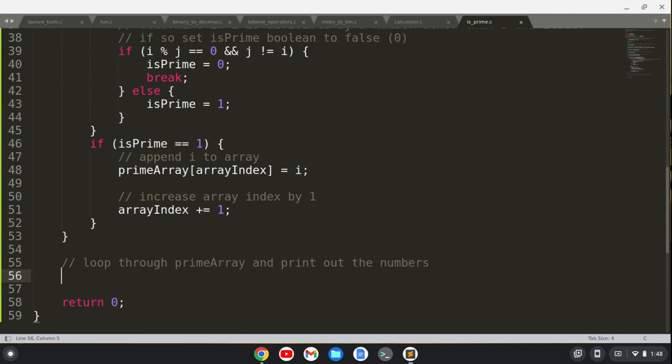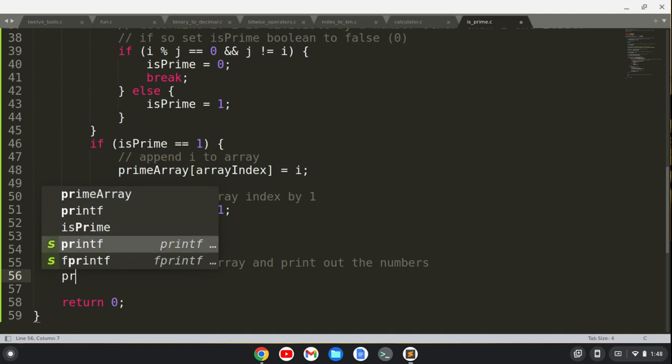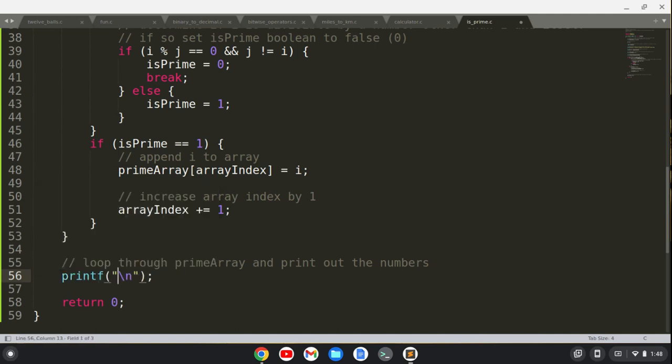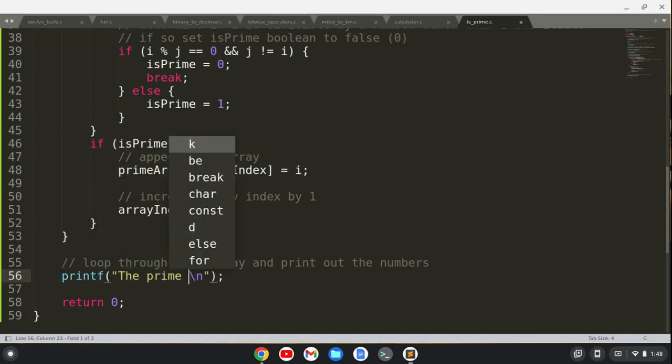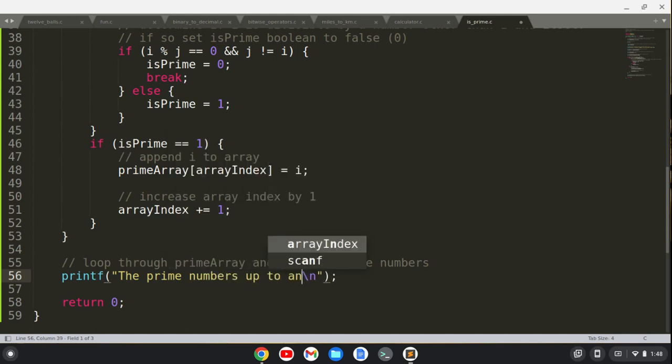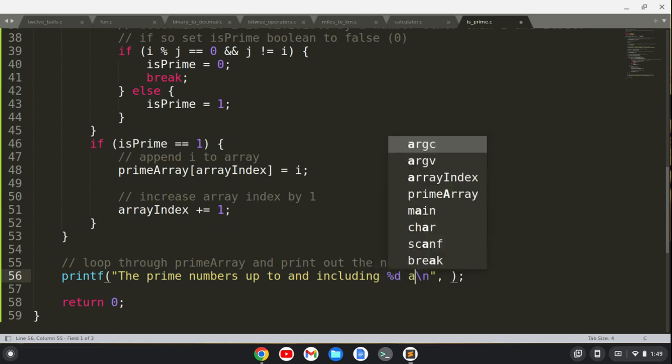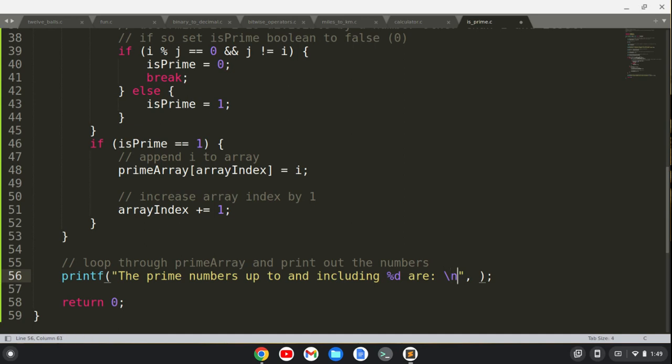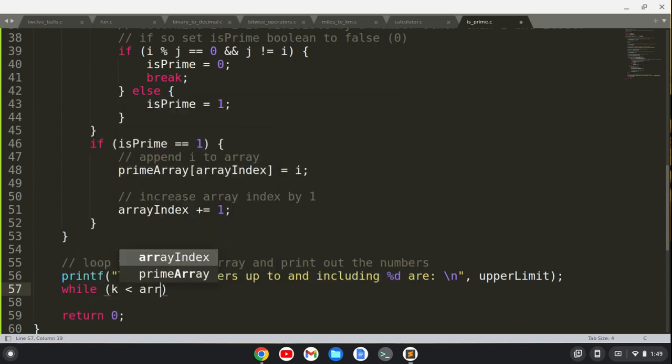So before we start that loop, I'm going to do a printf. And I'm going to just simply say the prime numbers up to and including %d, which is going to be the upper limit, r, put a colon there, and we still keep the new line characters. I want to list them below. And I'm just going to pass in the upper limit here. And then I'm going to use a while loop. So I'm going to say while k is less than the array index,